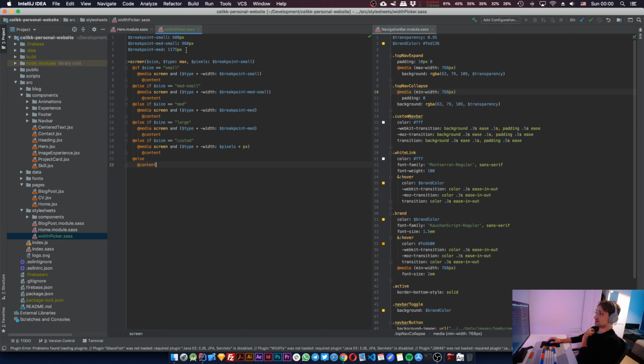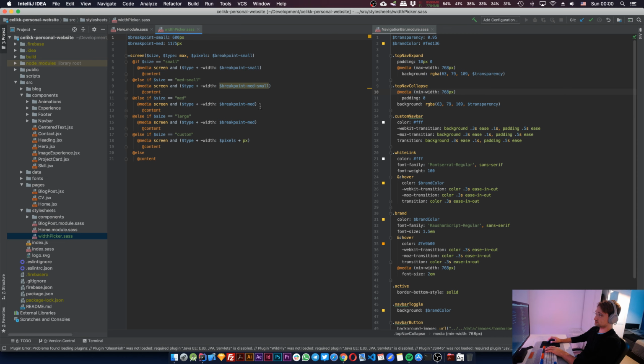And in my website I don't really have a medium to small size. My small size is 768 pixels. Everything that's below 768 pixels is considered small on my website, and everything that is greater than 768 pixels is considered just normal. So if the screen size is small, then we do this. If the screen size is